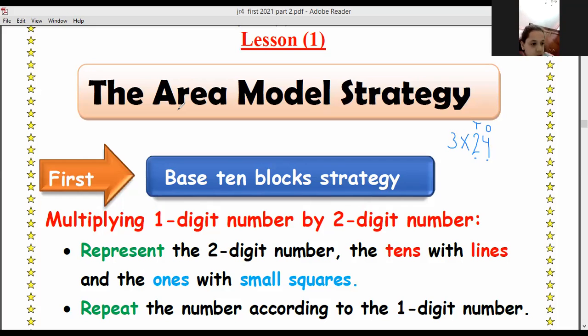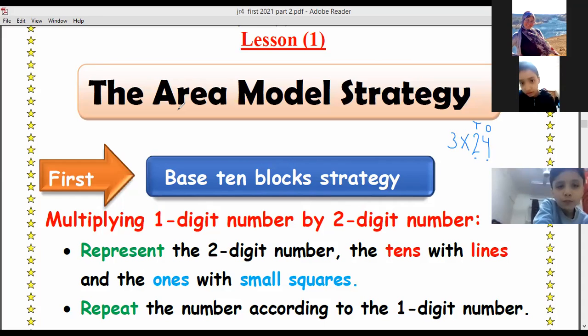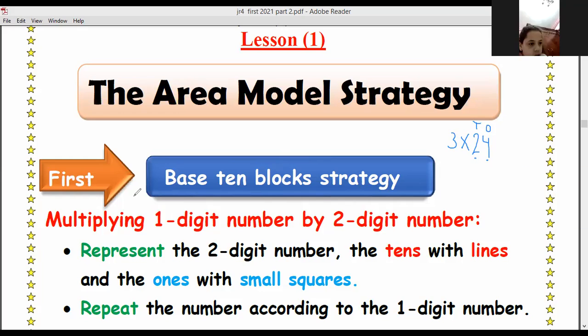Yes, but we're gonna take a new method. Okay, so this 4 in ones and this 2 in tens. When I have number in ones, okay, I want to represent this number in ones. How can I represent 4 in ones? I'm gonna draw 4 small squares. 1, 2, 3, and 4. And what about if I want